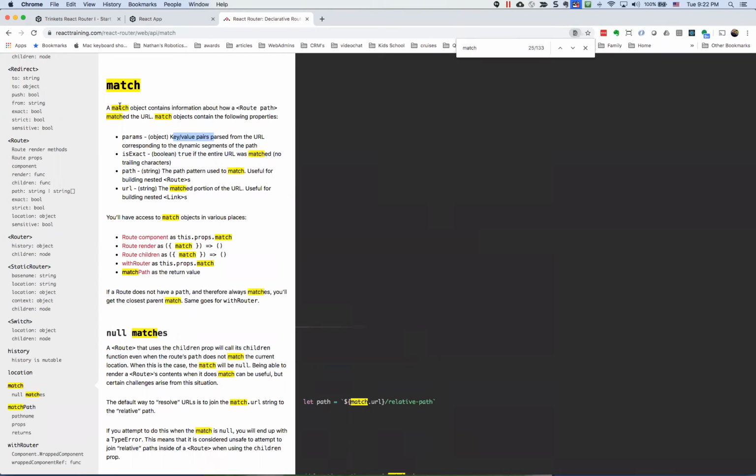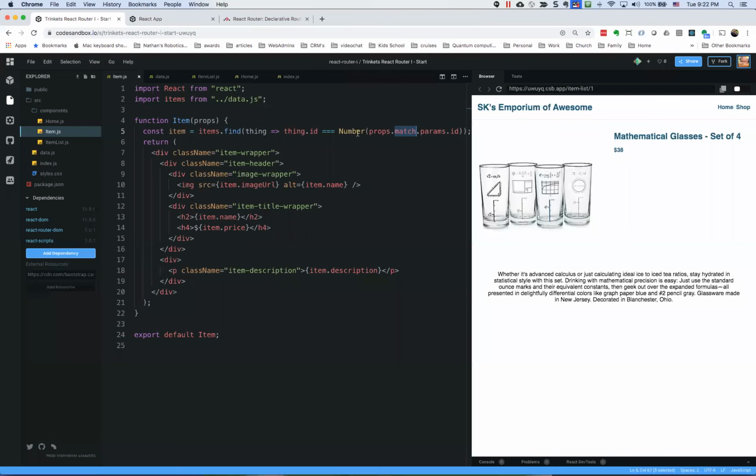Right, so this match object is passed to every component that's inside a browser router container. And so in our case, that includes this item component. And so we're able to get the match, look at the params, and any parameters that it pulled out of the URL, which is that colon syntax. Right, so hopefully that answered that question. Okay, so now,